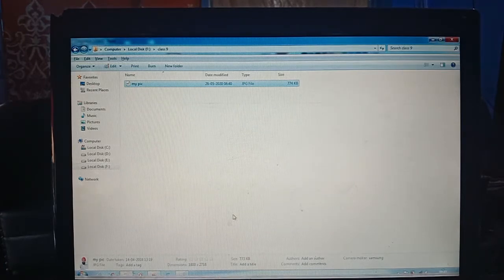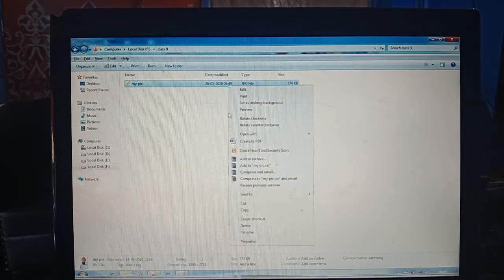Now we will show you how to use cut and copy. If you want to remove this folder or file from here, select it and use cut. If you don't want to remove it and want to make a duplicate, then you use copy. When you right click after selection, cut and copy are two options available.